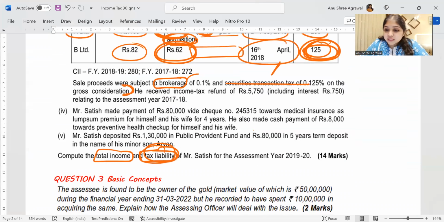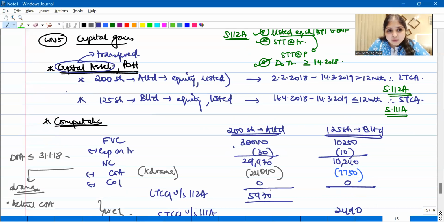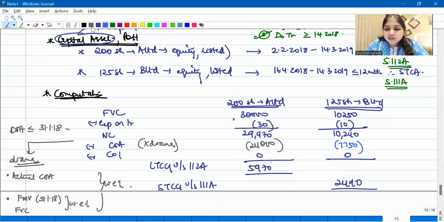Yes. Perfect. Listen now. This was capital gains, and by the way, story doesn't end. One last thing you're supposed to do always. You're always supposed to check which year this will be taxed in. It's going to be taxed upon transfer. The reason why I ask you to check the year of transfer, the year of taxation, is that there are some exceptional cases where you tax it in different years. Like for example, when you convert capital asset into stock in trade, you don't tax it in the year of transfer. You tax it only when you sell the stock in trade. Similarly, in insurance compensation cases, you don't tax it in the year of transfer. You tax it only in the year in which you receive the compensation.